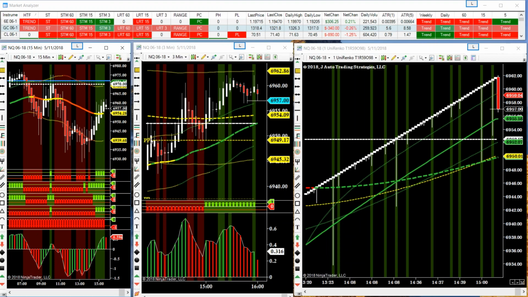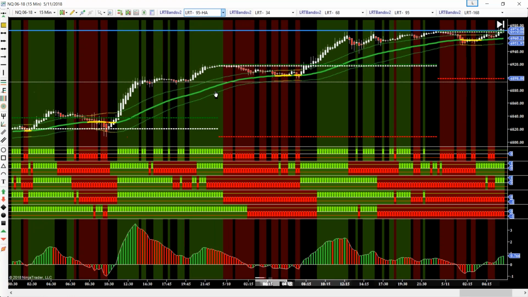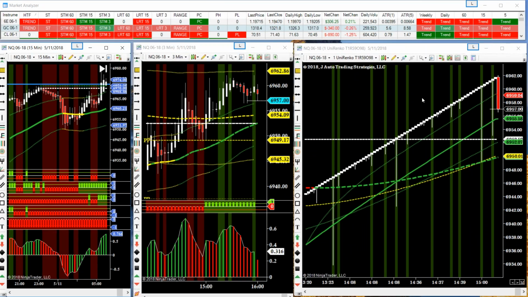So just trying to learn how to trade with the linear regression and then enter the market when the condition sets itself up, using the lower time frame 3-minute chart